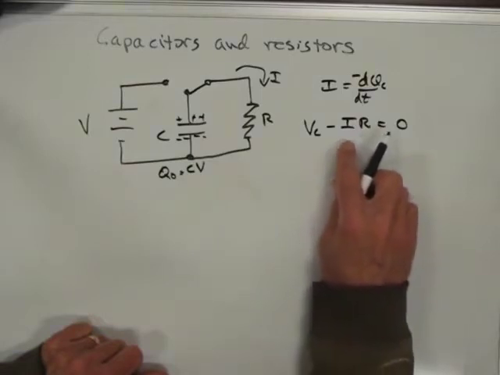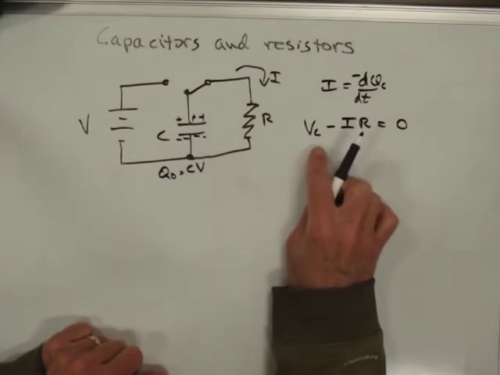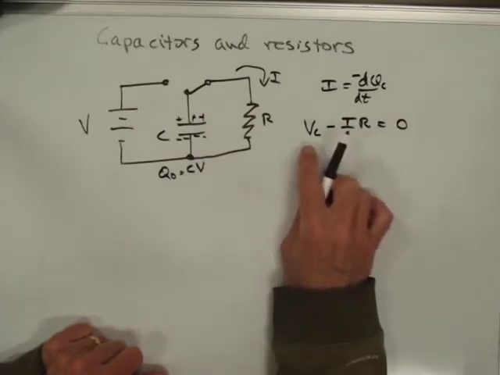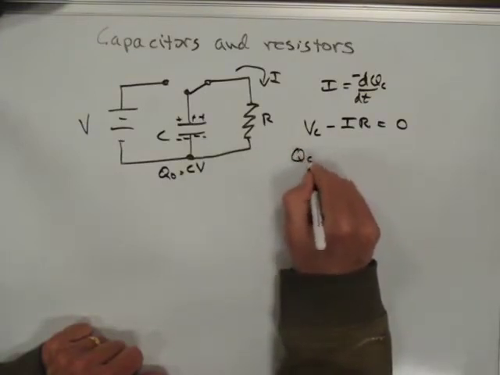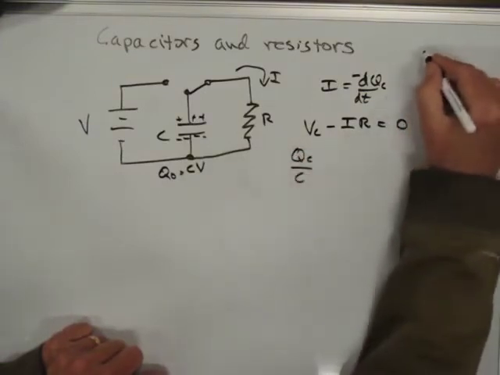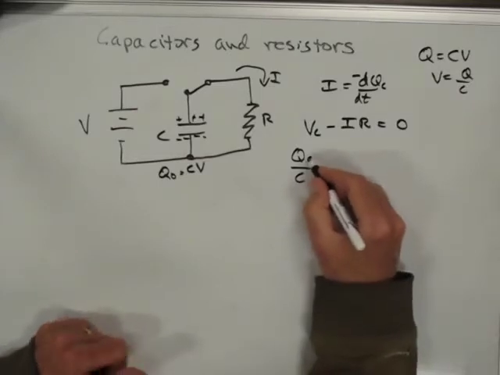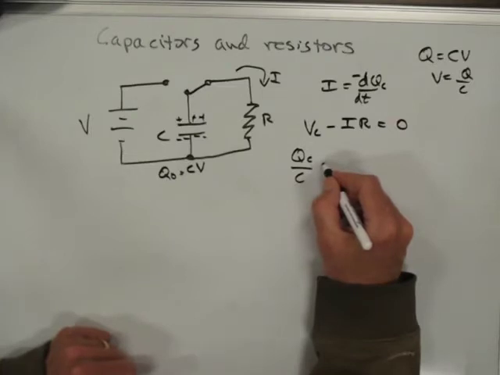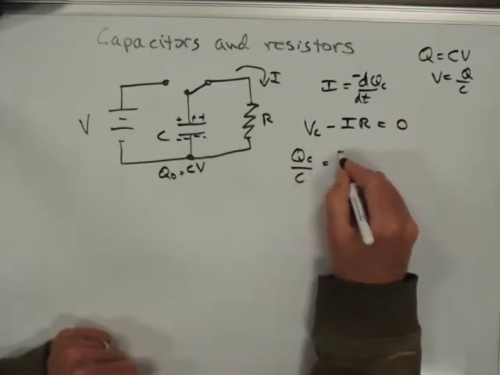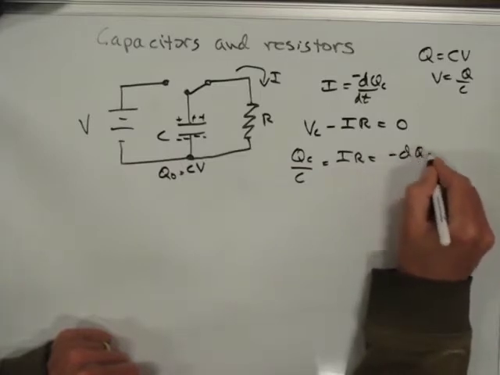So here's an equation that tells me how charge moves in this circuit, and if I'm a little careful here, I can understand what's going on. I can say, look, the voltage on the capacitor is just the charge on the capacitor divided by the capacitance, right? Q equals CV, so V equals Q over C. And I'm putting a little C there just to indicate that it's at some intermediate time, that's the charge on the capacitor. And then it equals I times R, but that's really just equal to minus dq on the capacitor